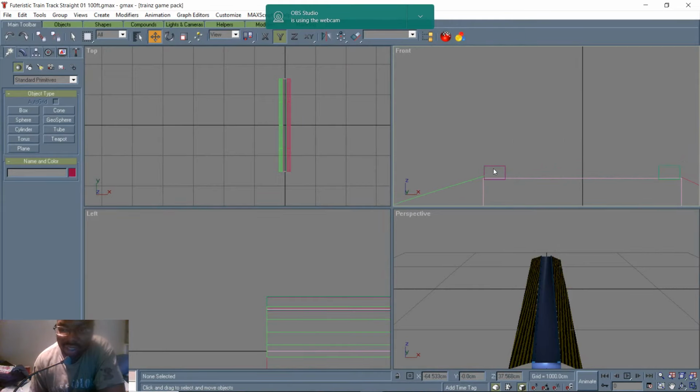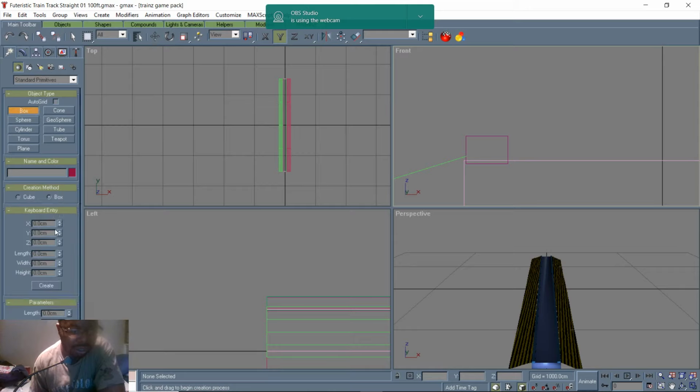Okay, I need to make a rail that's slightly bigger than this one. Let's see, I have the dimensions for the rail written down somewhere. Let me look for it. Where did I put that? Oh, here it is. I wrote down the dimensions for the rail. I just need something that's slightly bigger than the current one. So, keyboard entry. The length is